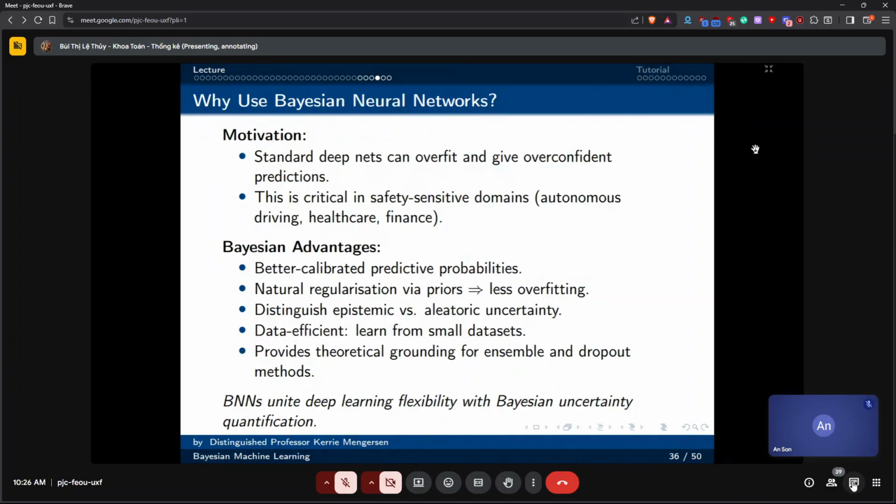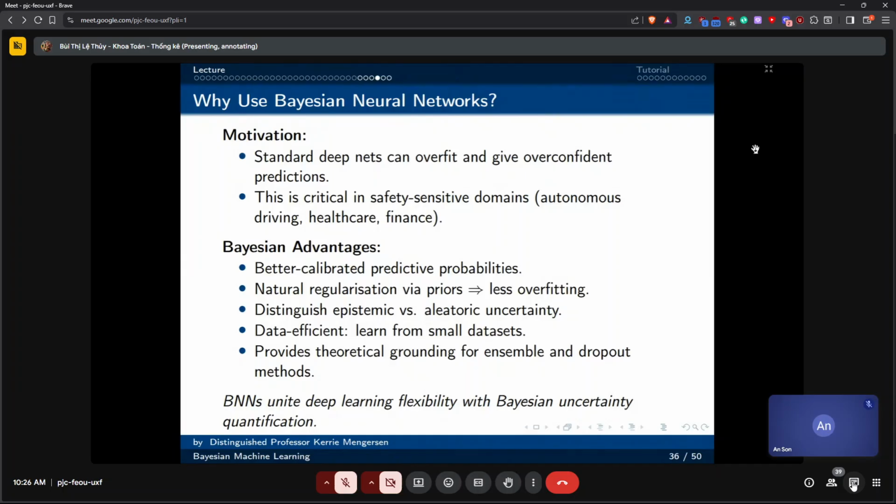So this is also important in finance. We can't overfit or give overconfident predictions in finance, for example. So the Bayesian approach gives us better calibrated predictive probabilities through the posterior predictive distribution, which we saw on day one. It gives a natural regularization through the priors. You put other information in the priors, and that helps it to be not so confident and less overfitting.